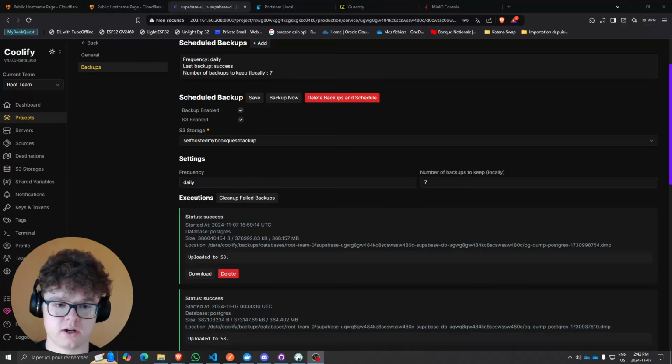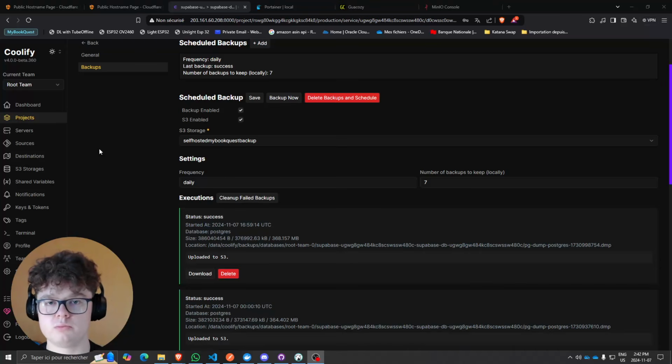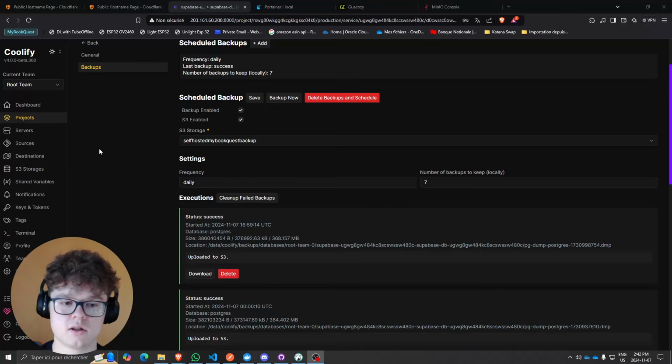As you can see right now, I'm showing what happens to my database on Coolify. We currently have a daily backup that is made to an S3 bucket, and you could configure it to back up to your own personal storage, but also to R2 and AWS at the same time if you wanted. But for myself, I just need one redundancy, since I still keep copies on the machine and everything, so it's really for safety's sake. So let me show you how you can host your own S3 buckets and not have to pay for